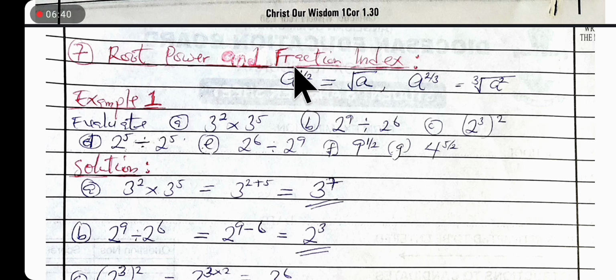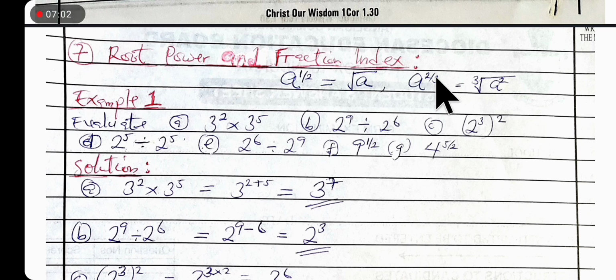So therefore, what it means is that you discover that this first one is a power. So a raised to power 1 is a, the same thing as a. Then the 2 here will turn to square root, and that is the square root here. Now, to understand it further, if you have a raised to power of this fraction, 2 over 3,